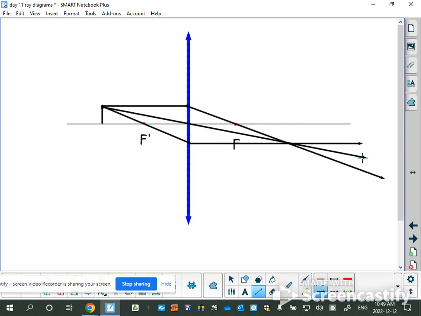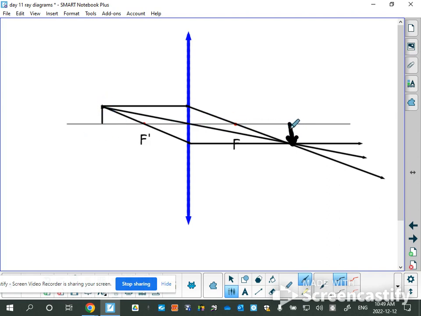Lovely. Rule number 3, top of the object, optical center. Remember, if you're watching this and you're trying to draw these diagrams, pause whenever you want to in order to draw your diagrams, draw your lines in, right? And then just hit play again when you're ready to move on. I draw in my nice little object, or my image. There's my image. And if I've done this perfectly, this should be the exact same height as this, and this